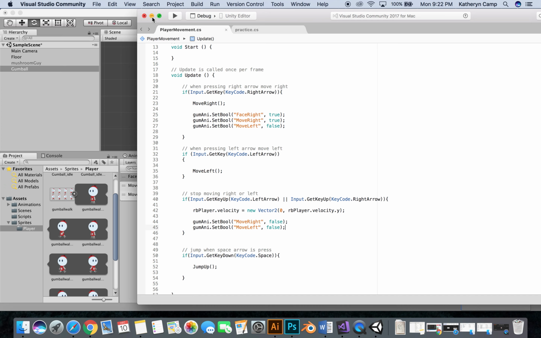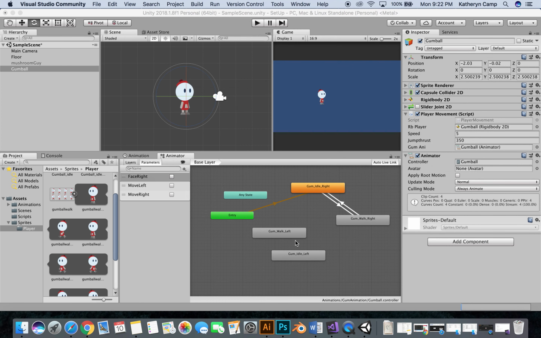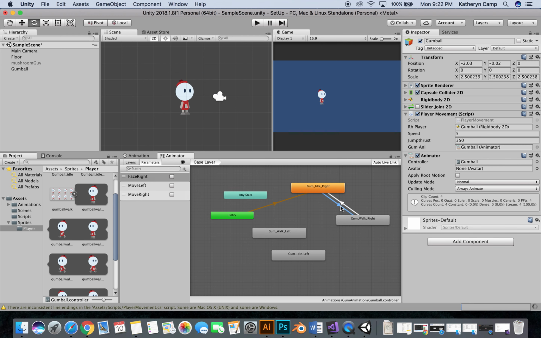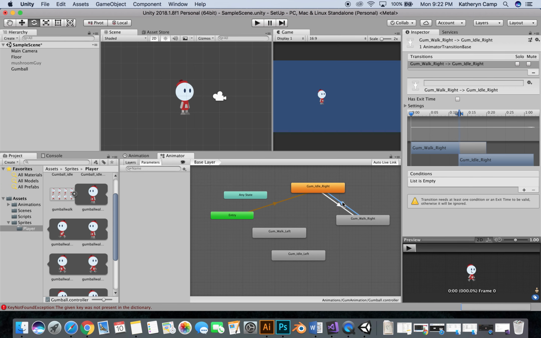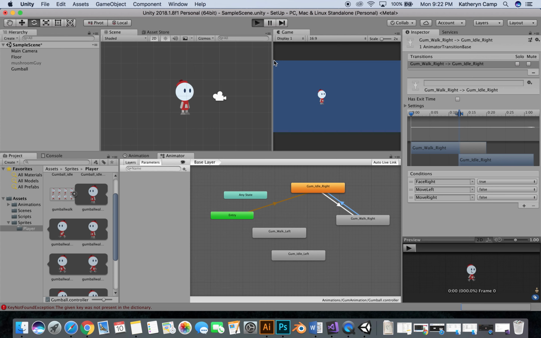So as I go through here, I'm going to put a parameter on this little line back up to my idle, the same way I did on this first one where I put my conditions in. I'm going to put my conditions in this one right here. I want to say my condition is face right must be true, move left must be false, and move right must be false. As I do that and press play,